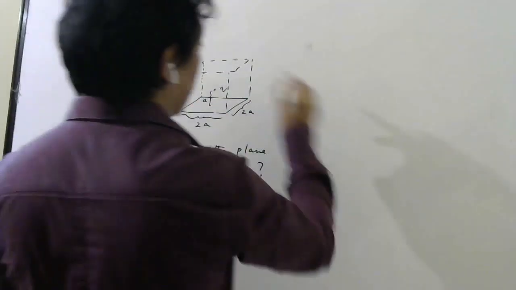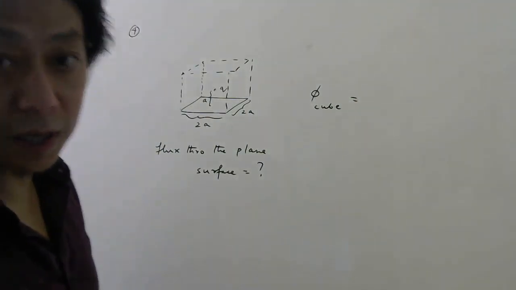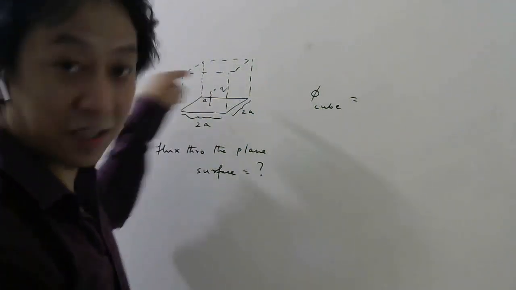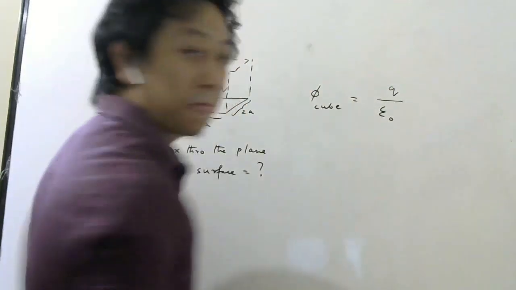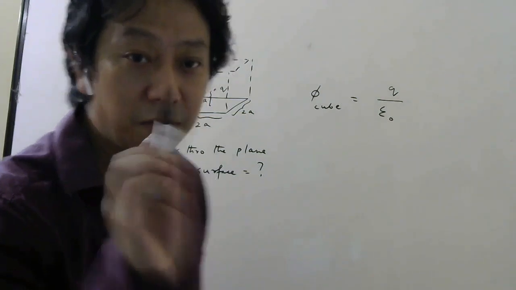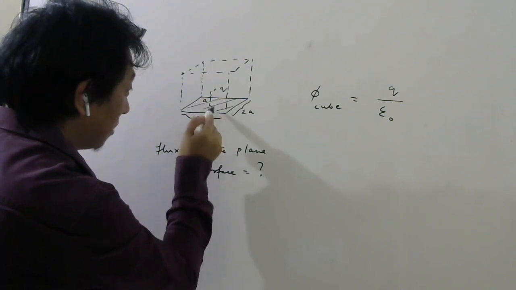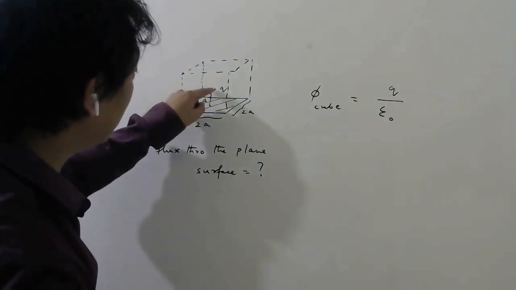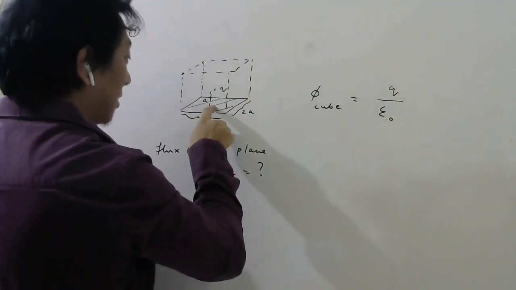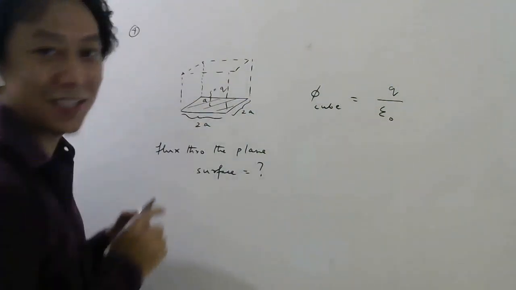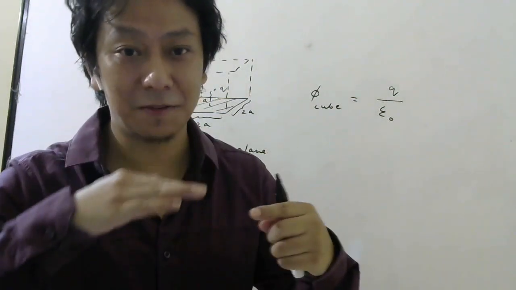Now for this whole cube, can I make use of Gauss law for the flux through this whole cube? Yes, because this charge is inside the cube. So what is the flux through the whole cube? Q divided by epsilon naught. But the question was to find flux through only one surface, this surface. But since the charge is in the middle of this cube, as many lines will cut this surface, will also cut this surface, will also cut this surface, because the charge is in the middle. So flux through each plane surface will be the same.